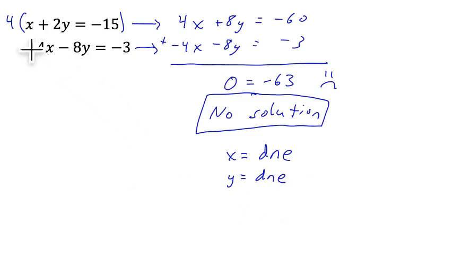Right, but just to go back to what we did at first, sometimes we need to multiply one of the equations by a number so that we can eliminate one of the variables. Now, after we did that on this one, it turned into this special situation with no solution. And by the way, if you end up with something that says like 7 equals 7, well, that means that